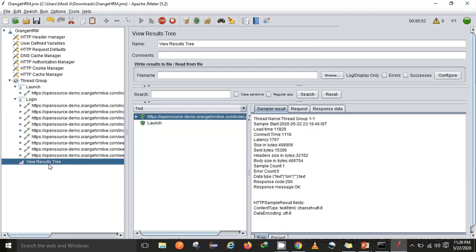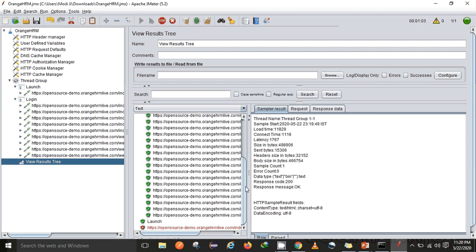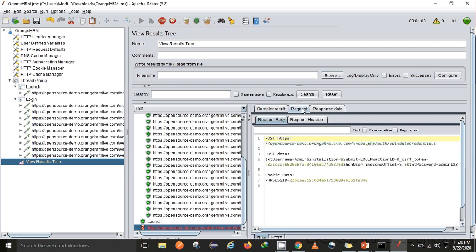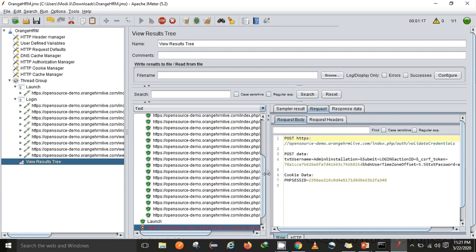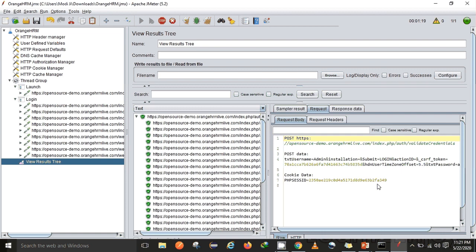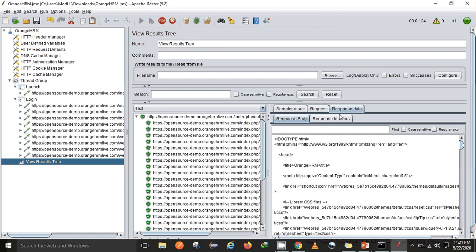I'm waiting for the results. It is taking a long time. At times it takes a long time, even I don't know why. Here also, if you see, n number of multiple requests are being made. Yes, you can see this has failed. And why so? 400 bad request, is it? It failed, and it is not giving me a correct error. It should say unauthorized or something like that, but it's saying 400 bad request.